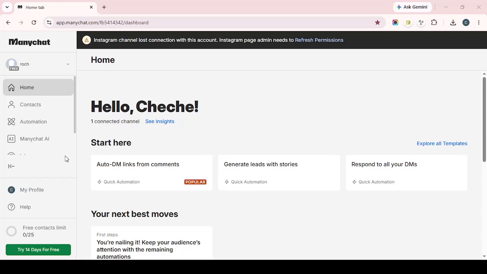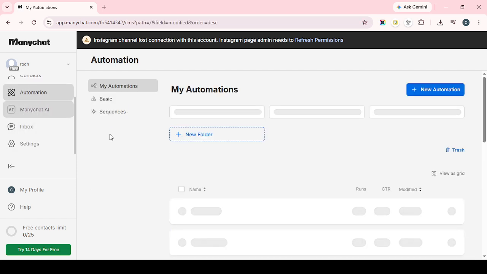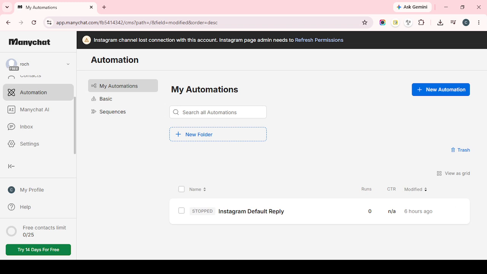In today's video, I'm going to teach you how to connect your Facebook page to ManyChat and set up the core automation features you need to respond to messages more efficiently. We're going to focus on 4 essential parts of the setup: connecting your Facebook page, building custom flows in the flow builder, creating keyword triggers, and turning on a default reply for messages that come in when no other automation applies. Once these pieces are in place, you'll have a much stronger foundation for handling FAQs, capturing leads, and keeping